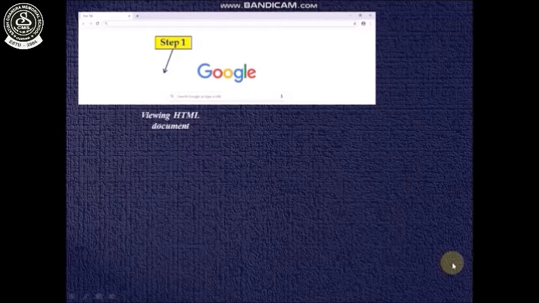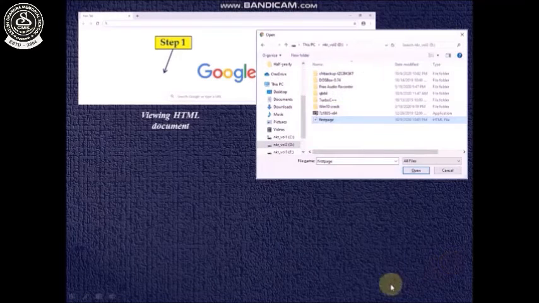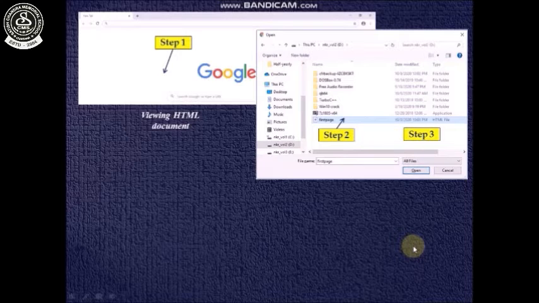Step number 1. Open this Google Chrome window. Step number 2, press Ctrl+O. As you do, the open dialog box opens up. Step number 2 is select the folder and the file. Here it is in the desktop, and then click on this file. See, firstpage is given, the name of my document, type of the file is HTML file. Step number 3,